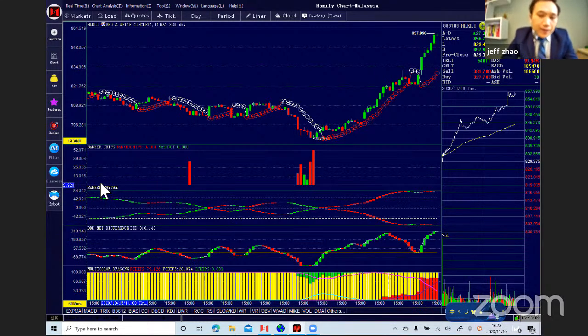Even higher. But how can we use the function better? What's the function of these banker chips? And what's the function of this banker rhythm? What's the function of this BBD net difference? And what's the function of this multicolor dragon X? The first one, bank chips, reminds us of the bottom area. It will remind us. Okay.